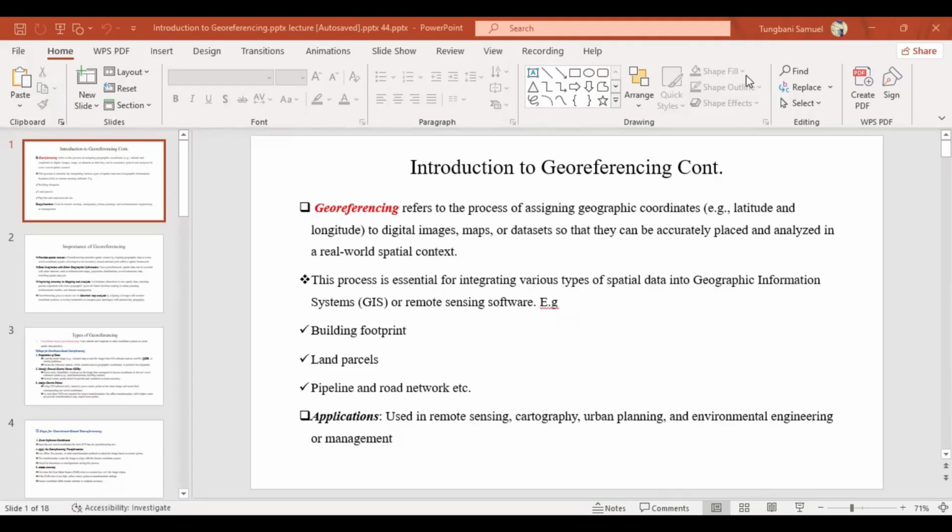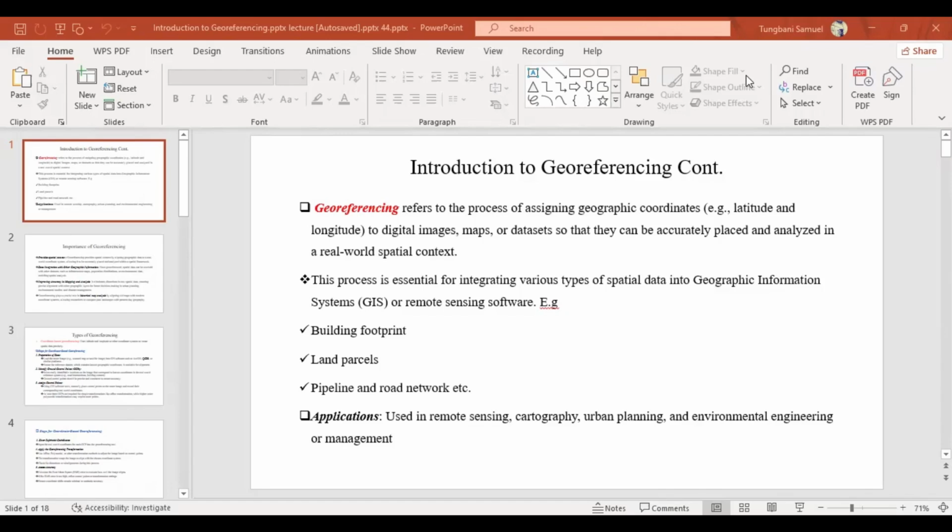So that means that we make use of the longitude and latitude of the scan documents by assigning geographic coordinates to them so that we can align them to the real world context, so that we can either integrate new information or extract some existing information from these scan maps into current data for further activities, for planning, for engineering, or any other